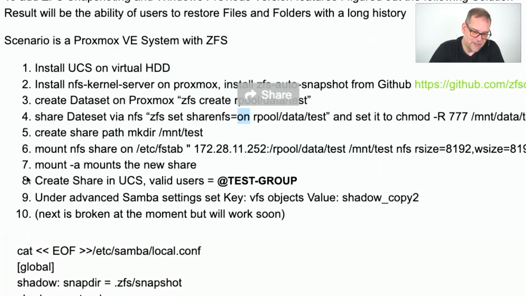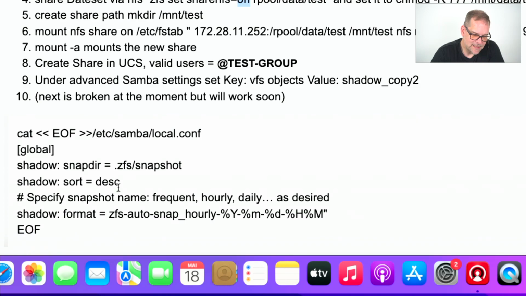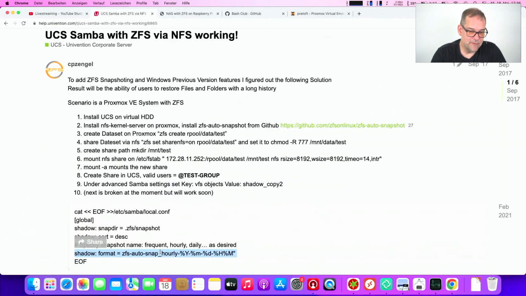This changed completely. In those days, you can see, this is the entire Samba config. This means if you find a snapshot, ZFS, in this case hourly, with year, month, day, and everything, they will be shown up. It means people press the button, show previous versions, and then they saw the last 48, 24, 96, whatever snapshots. That's great for people. But we